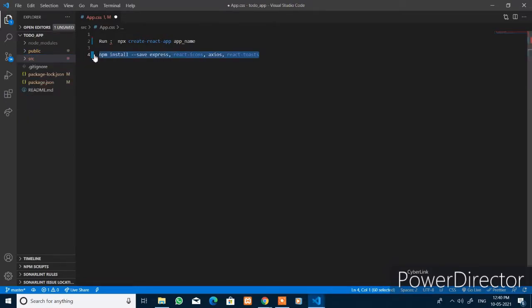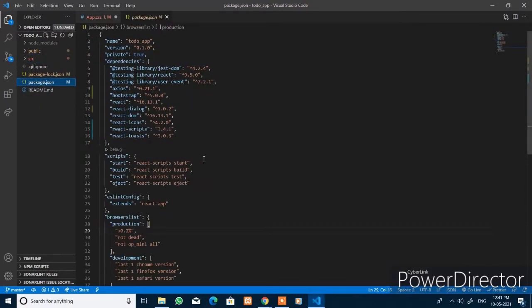And also run this command, npm install with the save flag, express, react-icons, axios and react-toast. These are the dependencies required in your project. So to maintain all these packages, you have the package.json file. When you add the save flag, it will be saved in your dependencies here.